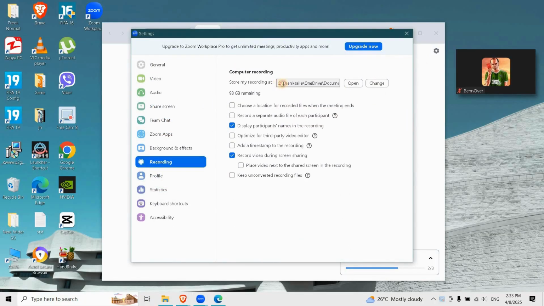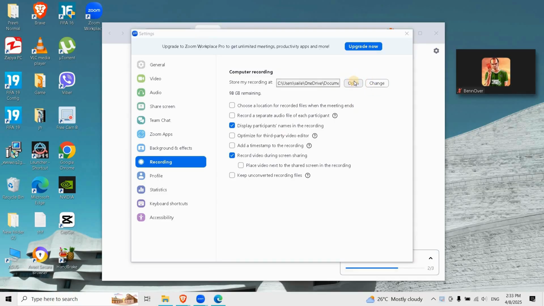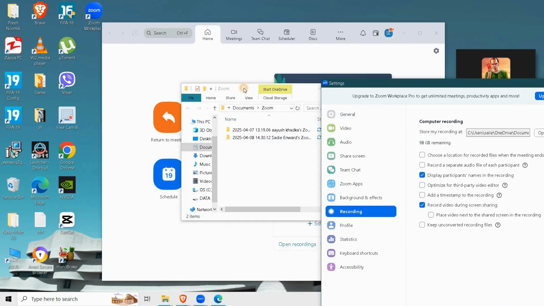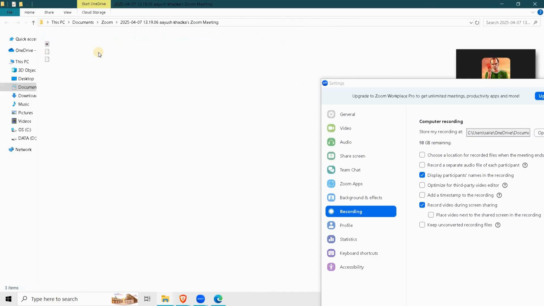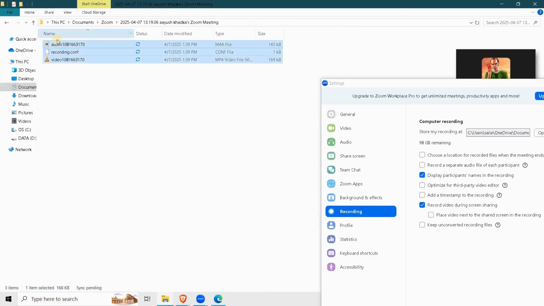Usually something like C:/Users/yourname/Documents/Zoom. Click open folder right from here and it'll take you straight there. Each recording is stored in a folder named after the meeting's date and time. Inside you'll find the video file in MP4 form, an audio-only version in .m4a form, and if enabled, the chat